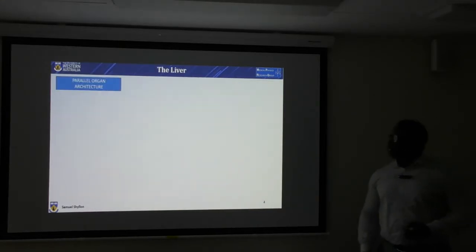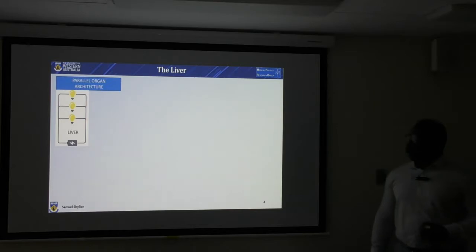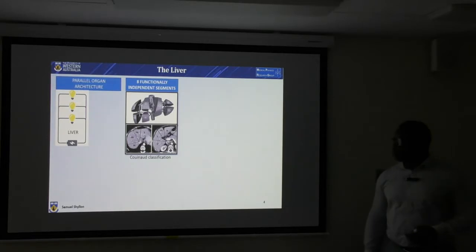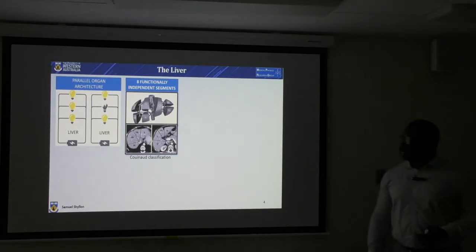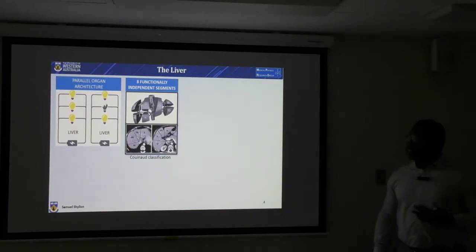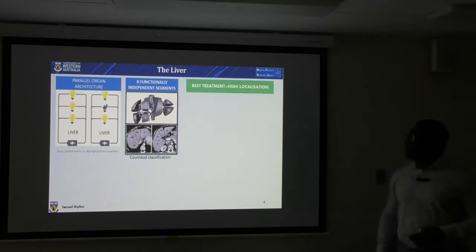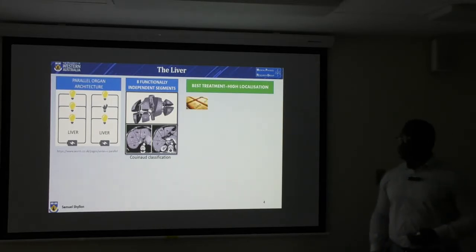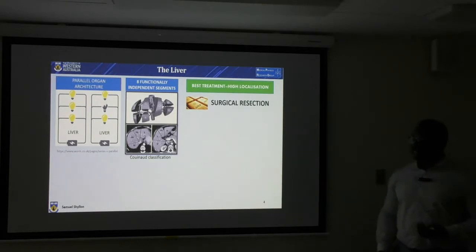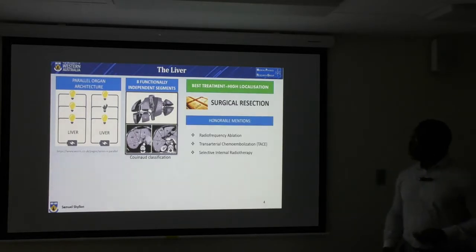The liver is considered to have a parallel organ architecture and can be divided into 8 functionally independent segments according to the Couinaud classification. This means the liver can recover from sufficiently small damage. What this means is that the best treatment is one that offers high localization, and the gold standard is surgical resection. However, only a small percentage of patients are eligible, hence the need for alternative forms,